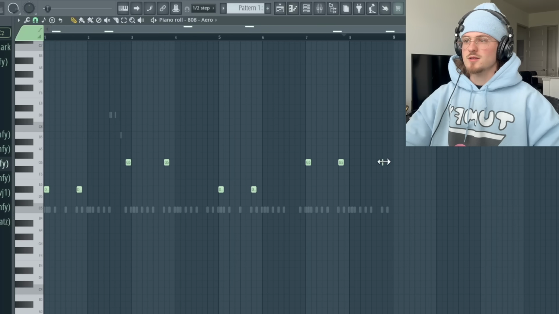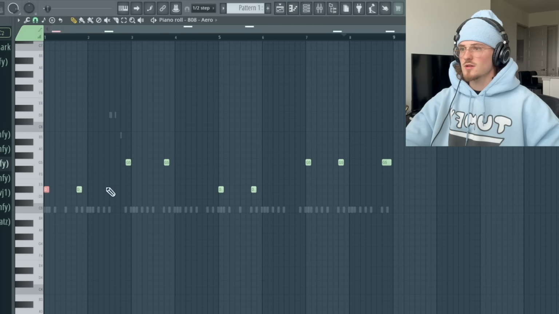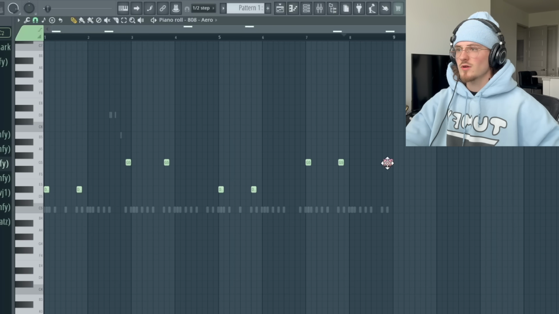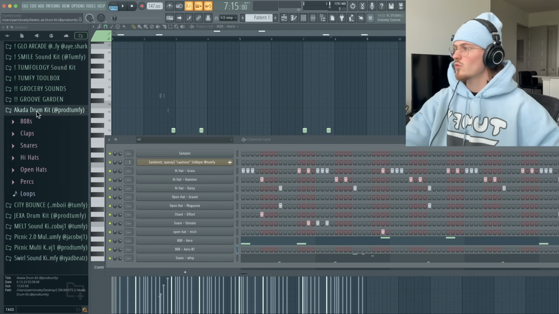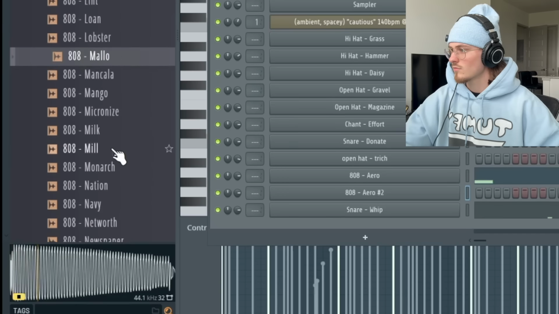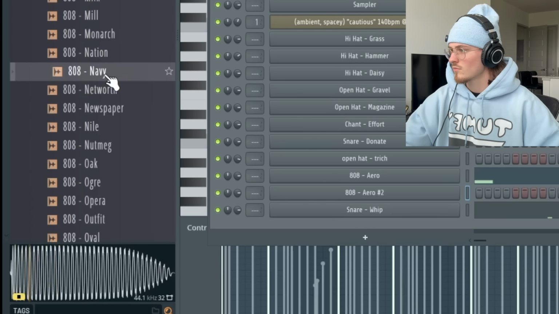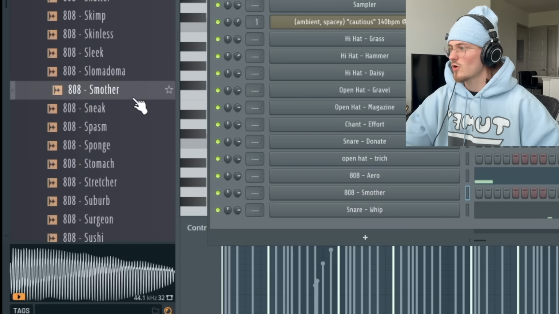This is the same concept as earlier. This part is going to talk to this, but I'm going to switch. I'm going to have a different 808 for right here. So we'll just clone that 808 and I'm going to drag in like a funky one. Groove Garden's the 808 glitch, by the way, bro. 200 808s in there. Like you got so many to bounce back and forth from. I like this smoother one. It's a little calmer.